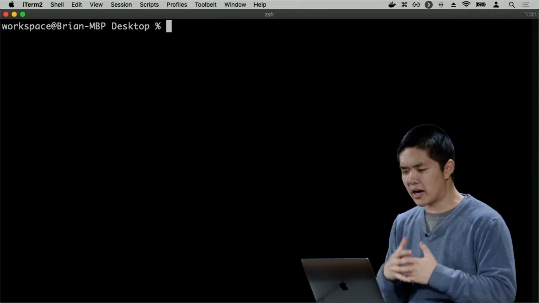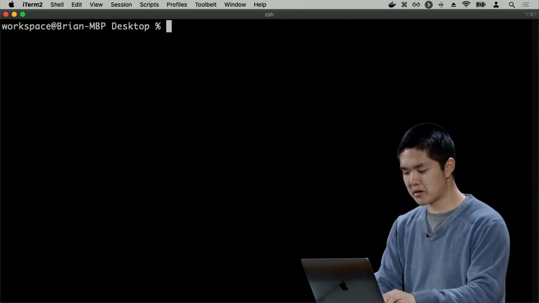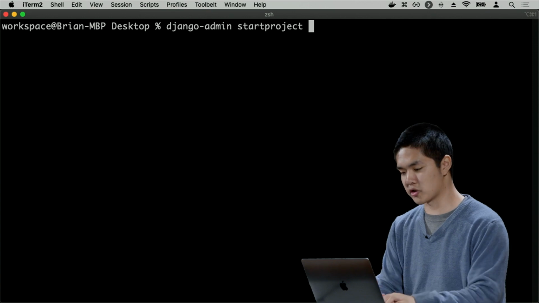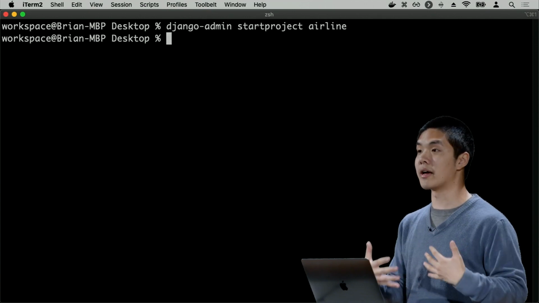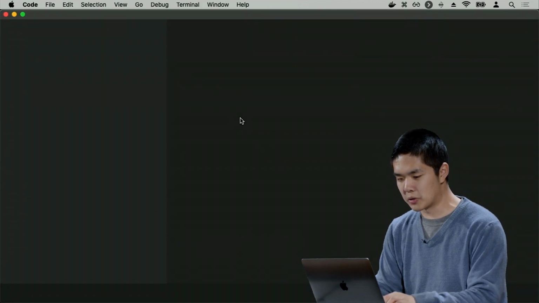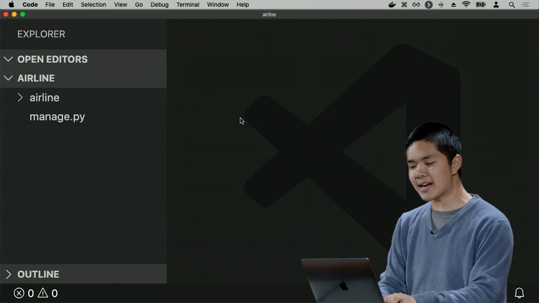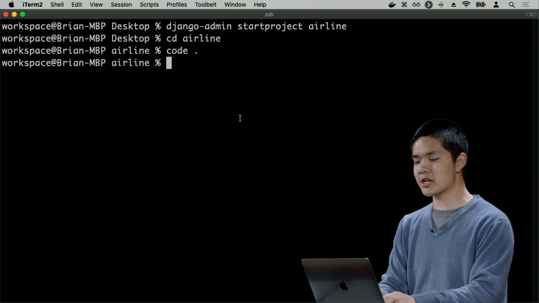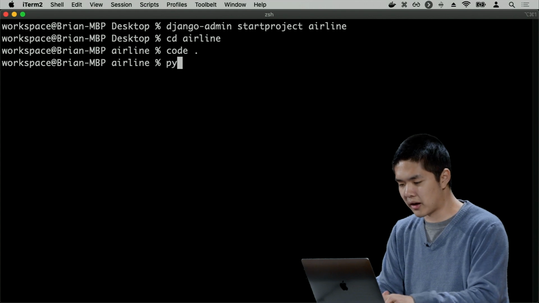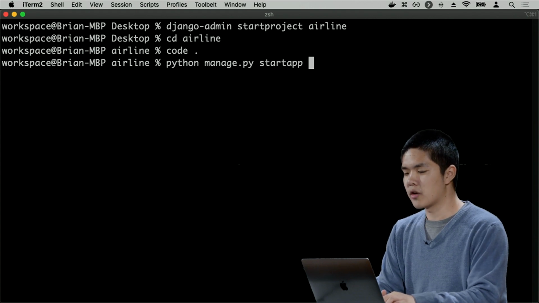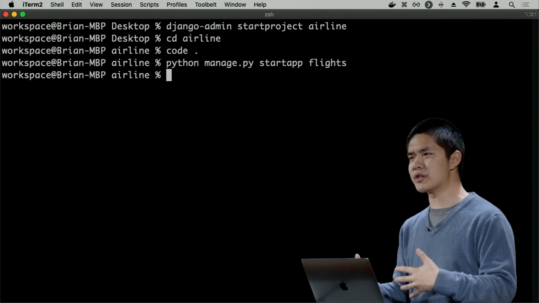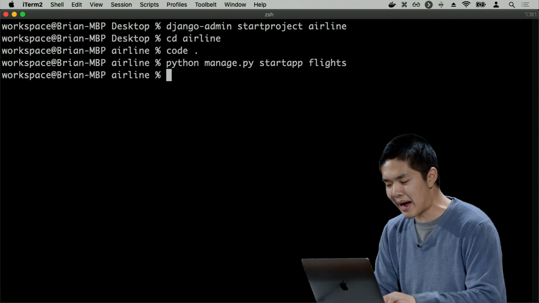All right, so the first thing I want to do is create a Django project. So I'll go ahead and type django-admin startproject, and the name of my project will just be called airline. I'm creating a project for an airline's website, for example. I'll go ahead and go into the airline directory, open that up in my code editor. But before I actually begin editing any code, remember that every Django project needs to have one or more apps within it. So the first app that I'll create for this airline is an app for keeping track of flights. So keeping track of flight-related information, like origins and destinations and durations, and what passengers are on those